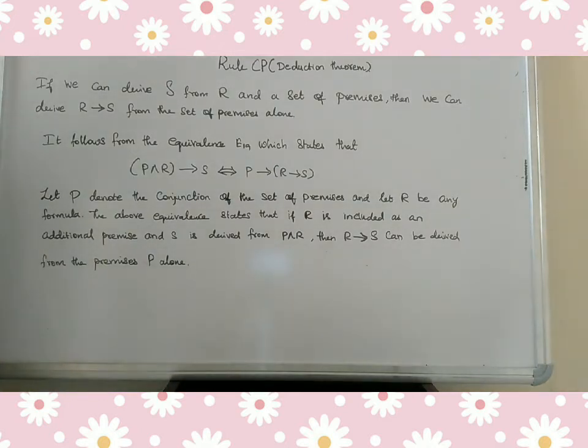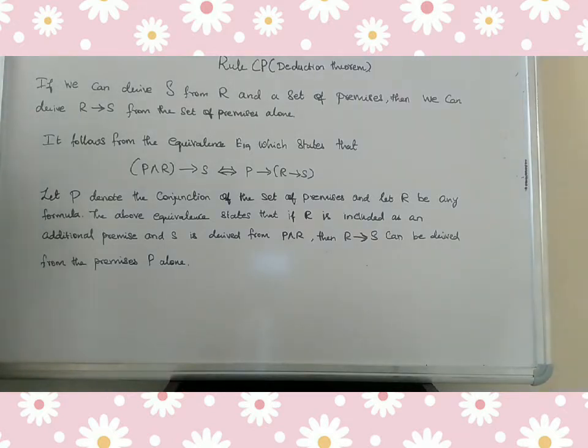Hi to everyone. In this video, we are going to discuss another rule of inference. In the last video, we discussed two rules of inference, namely rule P and rule T. Rule P: a premise may be introduced at any point in the derivation. Rule T: a formula S may be introduced in a derivation if S is tautologically implied by any one or more of the preceding formulas in the derivation, right?